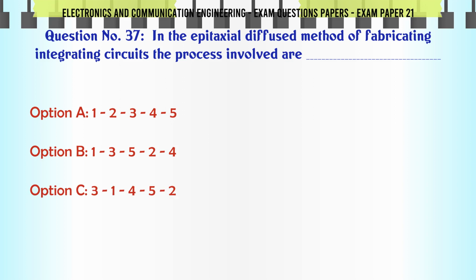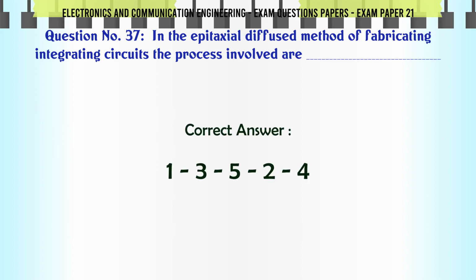In the epitaxial diffused method of fabricating integrated circuits, the processes involved are in the order: A, 1 2 3 4 5; B, 1 3 5 2 4; C, 3 1 4 5 2; D, 1 3 2 4 5. The correct answer is